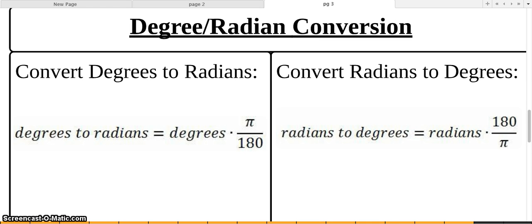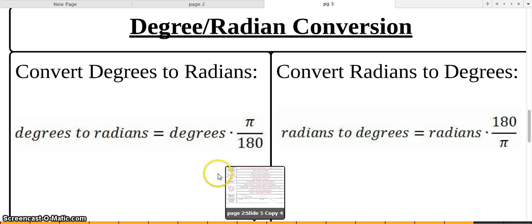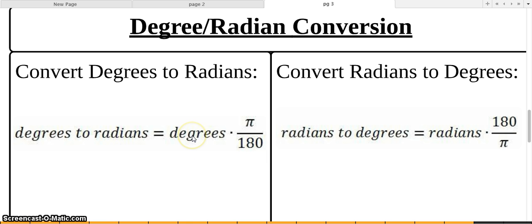All right, degrees to radian conversions. If you're going to convert degrees to radians, you're going to take the number of degrees and multiply it times pi over 180. Okay, notice the degrees will cancel here. So since pi is equal to 180 degrees, it's basically a trig calculation. That's why those degrees are marked here, so they can cancel out and you have your answer left in pi,